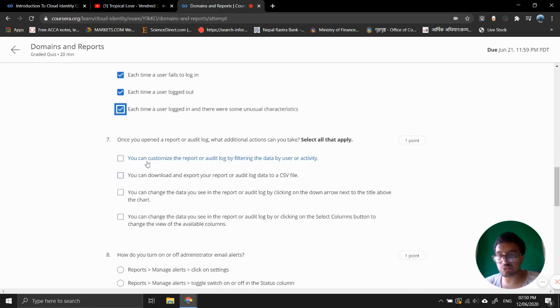So question number 7 is, once you open the report or audit log, what additional actions can you take? So your first option will be, you can customize the report or audit log by filtering the data by users or activity. That's your first option. Second option will be, you can download and export the report or audit log to a CSV file. Second thing will be, you can change